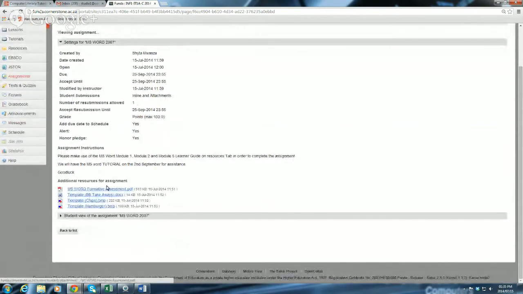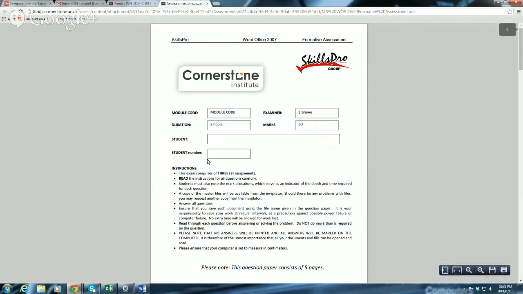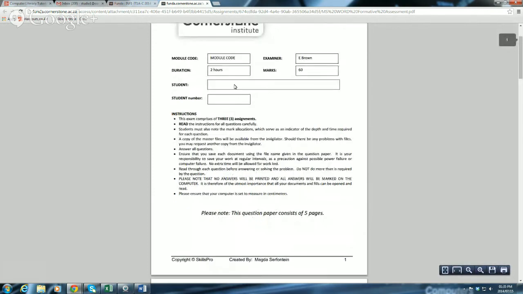you can see that I have the question paper on top, MS Word formative assessment. This is like a question paper. So you have to open it. It is a PDF document which you can print. Otherwise, you have to work with 2 monitors or the same monitor. You can just use your taskbar. So you'll have your name on there, your student number,